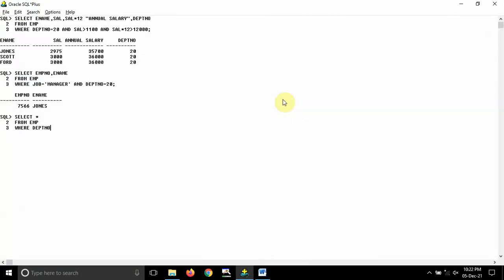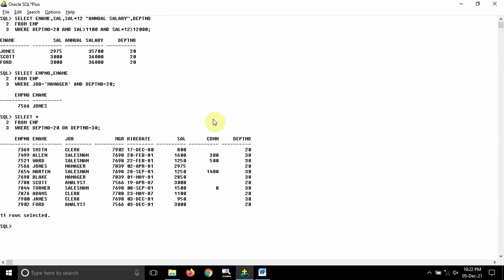So DEPT number should be equal to 20 or DEPT number should be equal to 30. So these are the 2 conditions, and if I hit enter, then you can see I'm getting this whole table guys.